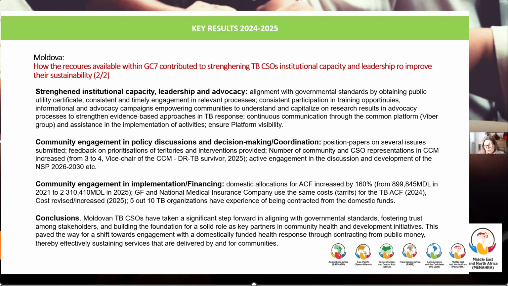What is again important to mention is that we, as a member organization of the National TB Platform, have insisted that every organization which is working should apply for domestic funding, and it was not optional. If you want to be contracted from the Global Fund, you need to at least try and submit the package of documents